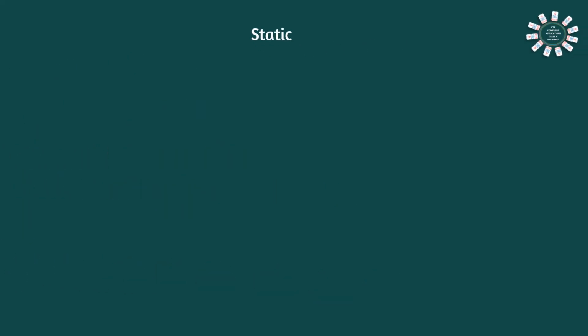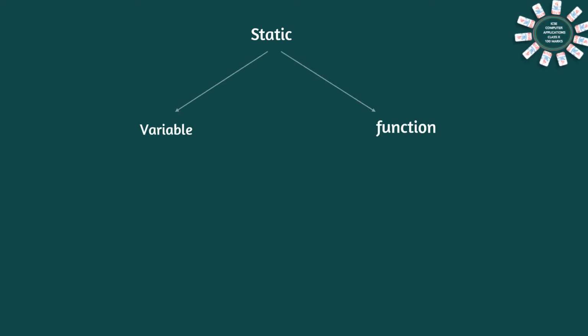We can start with the keyword static. What is static? Static is a keyword. And keywords are reserved words that have a special meaning to the compiler, and these words cannot be used as the name of a class or the name of a variable. And static can be used with the variable name or the function name. That means we can have a static variable and we can have a static function.